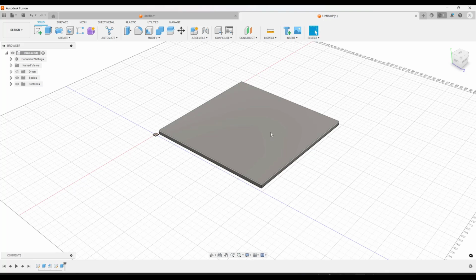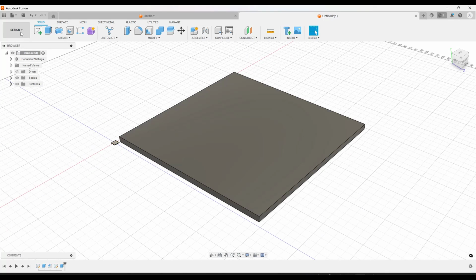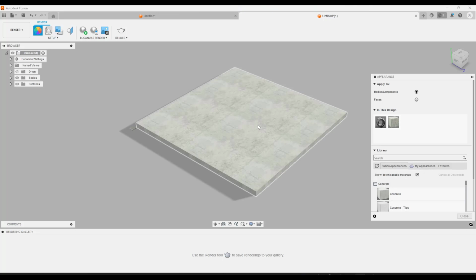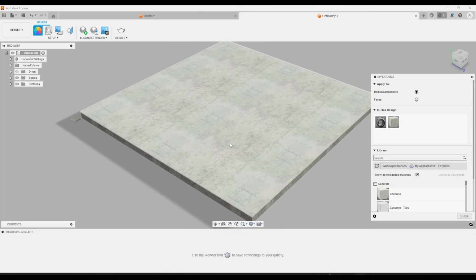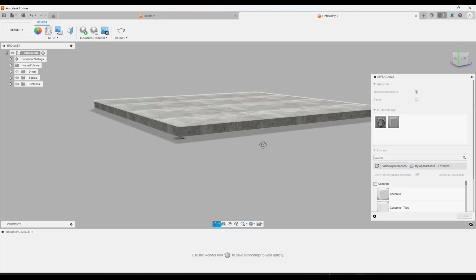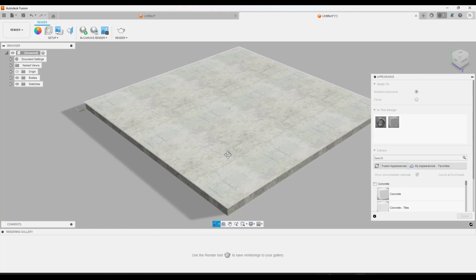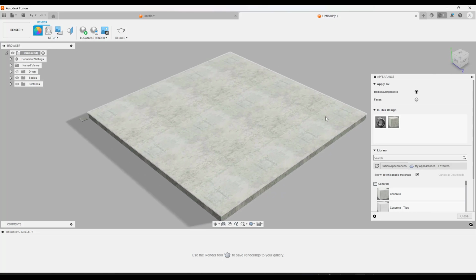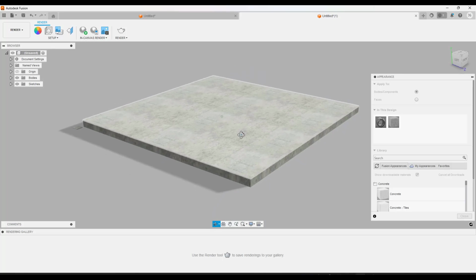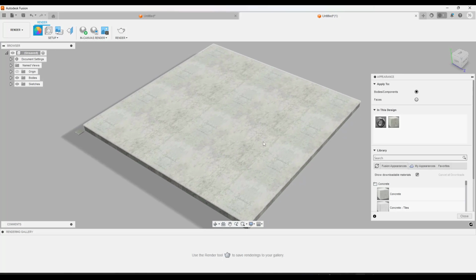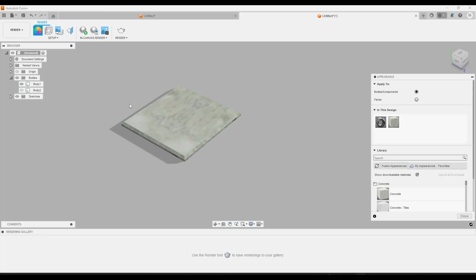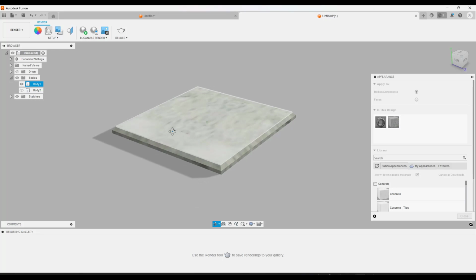But if we make this 4 inches, and then we jump back into rendered mode and apply that same concrete material to this surface, notice how this is actually sized properly in here, and it actually looks good on your surface. So just note that material size and tiling size is going to make a difference inside of this 3D space. Now in this situation, we probably don't want to model something that big. That would be more if you were modeling a building. So we can go back to this object right here, but I did want to make sure we talked about